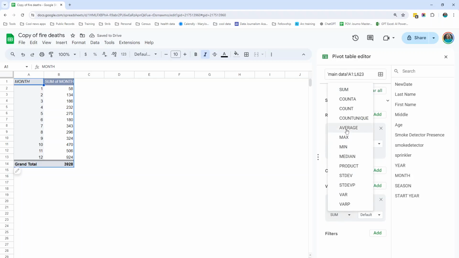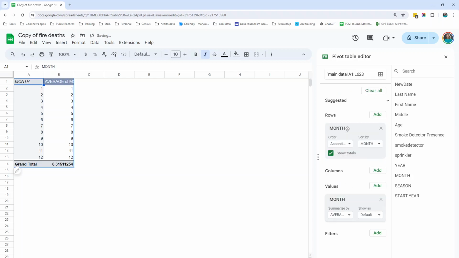If we did an average here, we can't actually average the column of the month. Do you see what it did? It's giving us just the number of that column, because the number 12 is in that column. It's averaging the months. So we can't do that. But if we count the number in each month,